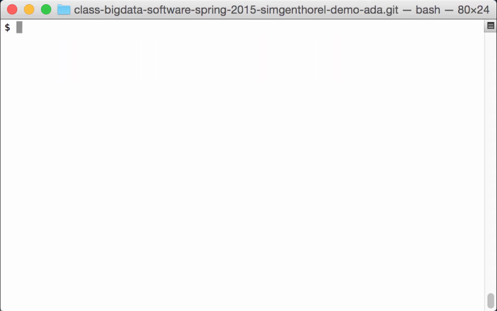So one feature of Git is that it allows multiple people to work on the same repository at the same time. So for instance, while I was writing about fish, Ada might have been interested in writing about eggs. So what I'm going to do is model the process of both Ada and I trying to make changes to the repository at the same time. So just to show you,